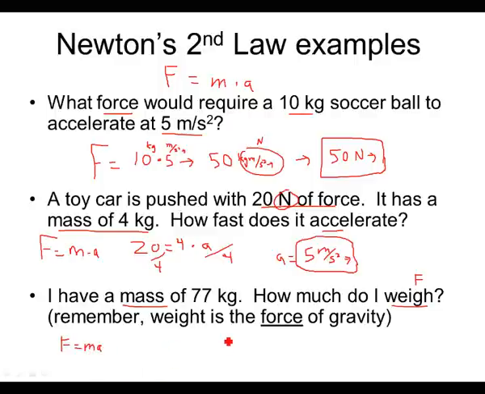Okay, I'm looking for weight, so I'm looking for the F. Okay, so F equals the m, mass it says was 77 kilograms. Okay, times the a. Uh-oh, I don't see an a in here. I don't see any other numbers. Well, what's it going to be then? All right, I'm on Earth. What's the acceleration of gravity downwards? We just did it. 9.8 meters per second squared. So I have 77 times 9.8. You do that and you get, it looks like it's